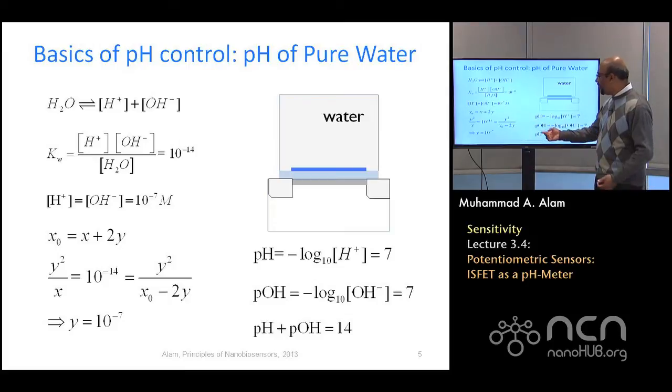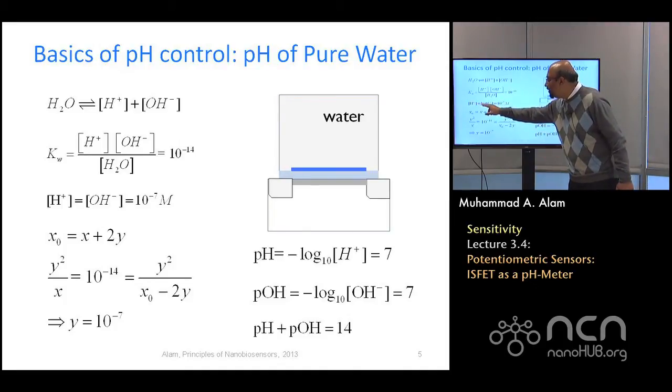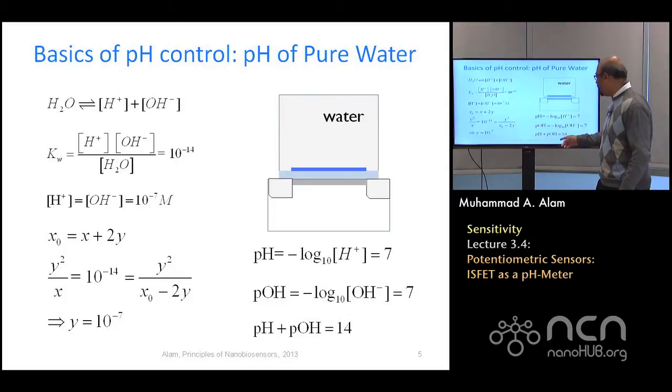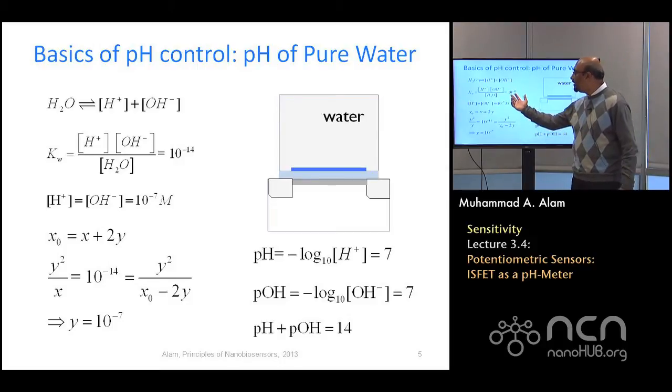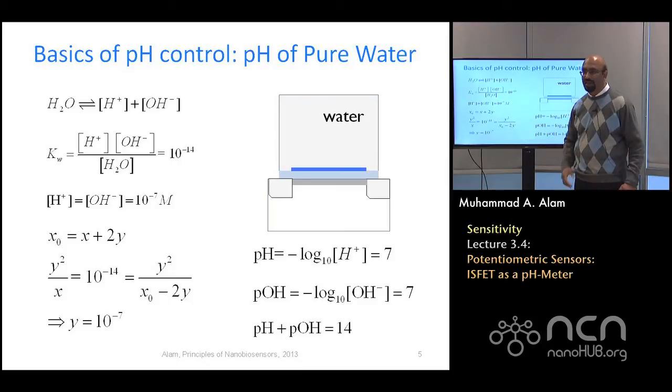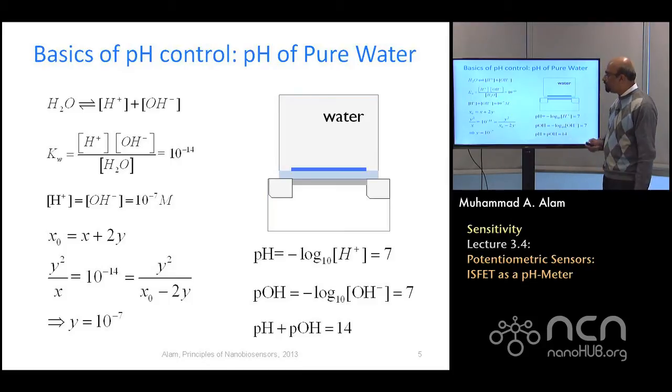Good. What about pOH for pure water? The potential of OH ions is again, you can take a log of the OH. In this particular case, everything is nicely balanced. Both hydrogen and OH are equal, so the potential of OH is also 7. And when you sum them up, the sum is 14, reflecting the original dissociation rate in water. All right, so this is the basic thing in case you had forgotten.